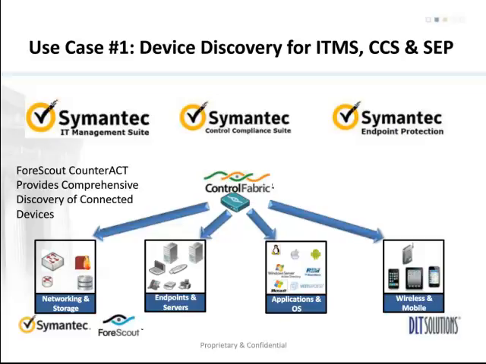From there, we're able to feed Symantec's tools with real-time asset awareness and situational awareness data so that they can complete their own discoveries and then take action against either previously undiscovered assets or deal with newly detected assets that may not fit the corporate or the organizational mold, such as an unknown device or potentially a rogue device.